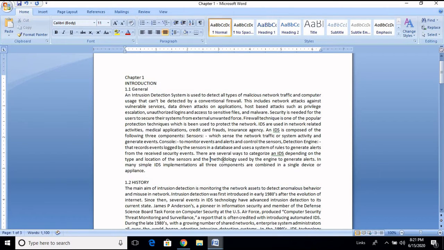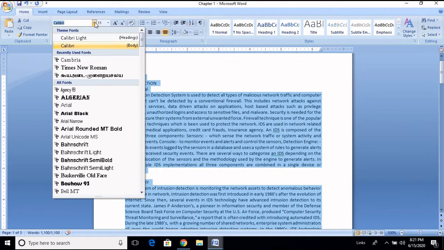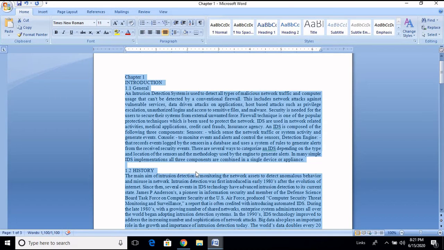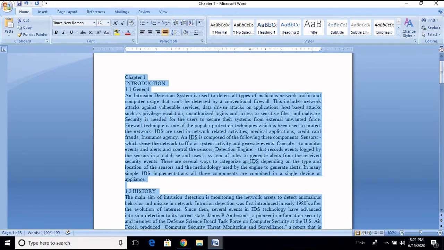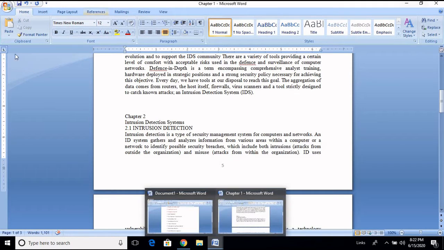So again, I am going to select the whole document by using a key called Control A. Here I am going to change like this. Here I am having Times New Roman. If I click, the whole document has been converted into Times New Roman font, and I am going to change this to 12. So everywhere if you click, you can see the font is Times New Roman and the size is 12. Okay, with this the font has been changed, the font size has been changed.